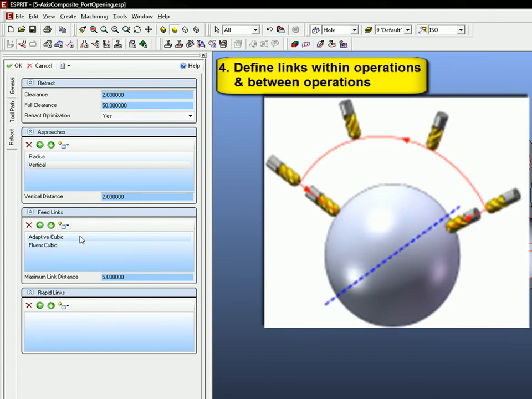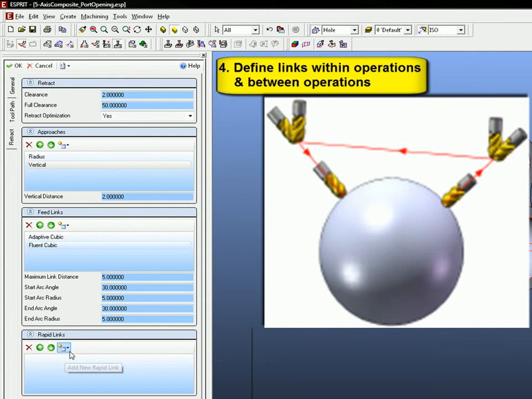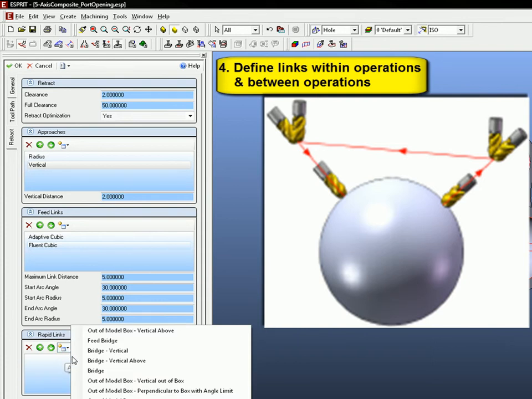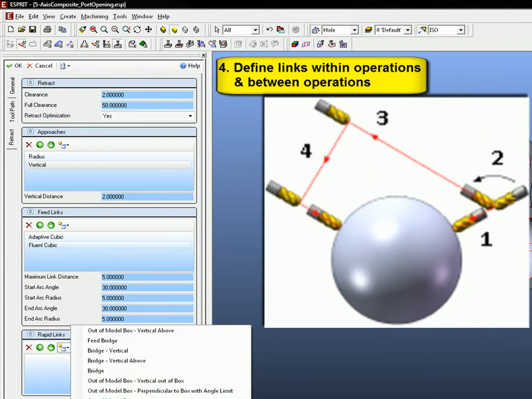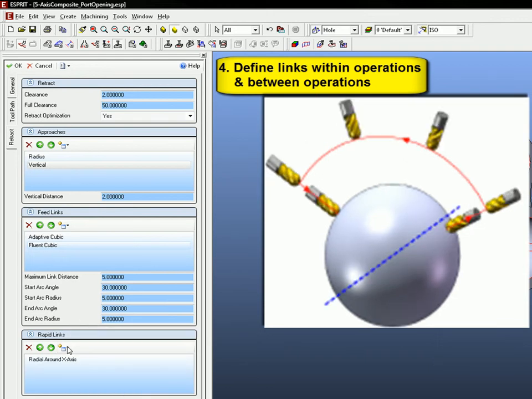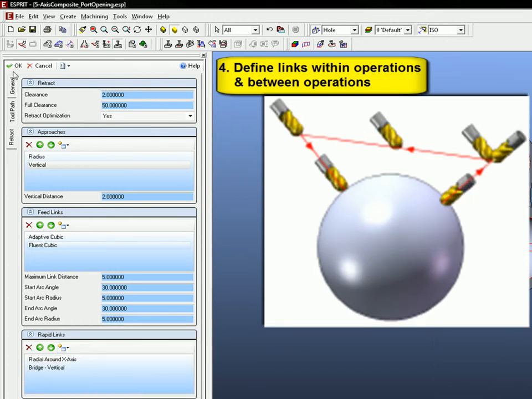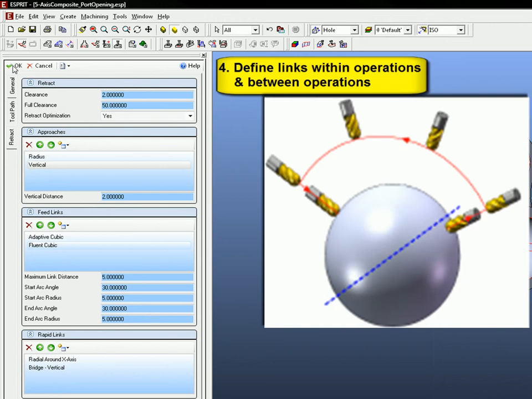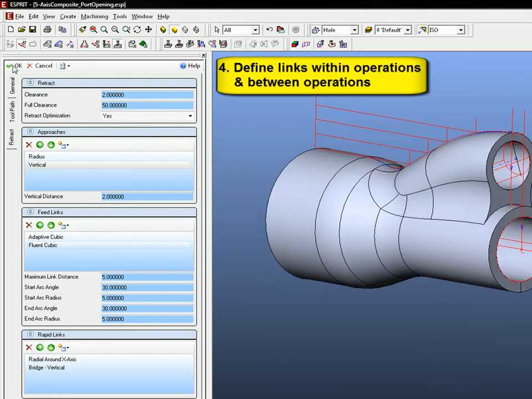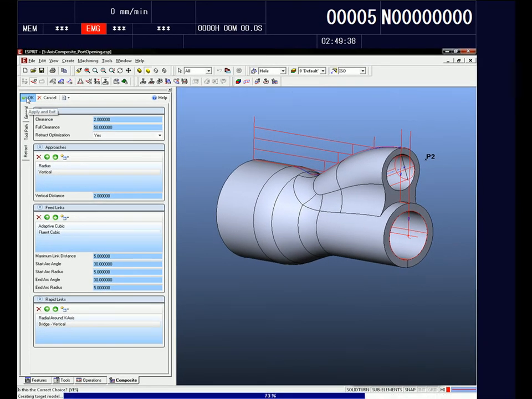Now, Esprit gives you multiple choices, as you can see that I'm selecting here. And most importantly, it allows you to prioritize that list. It prioritizes for you automatically. So you can choose multiple options with Esprit using each option in priority order. Esprit will then try to apply the first link that appears in the list. If the link is not possible due to collision or out of limits, it will try the second link, and so on. Let's go ahead and click the OK button, and then we'll have Esprit go ahead and generate that